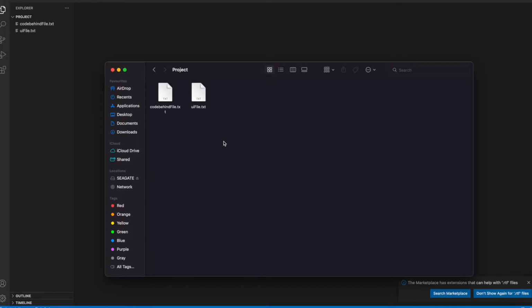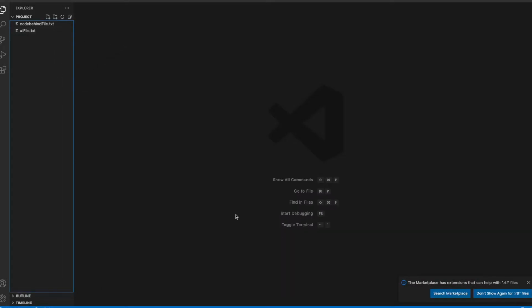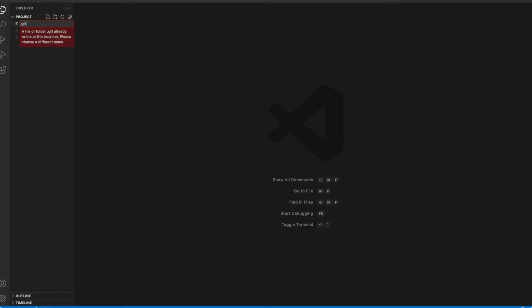This is the project which we are using in our tutorial. You can see that I have opened this project in VS Code, and now we will add a git ignore file using the new file button. So I will click on the new file button and just add a .gitignore file here. Now to ignore a file, we can write the file name here directly, or we can give the extension of the file which we want to ignore using star dot and the extension here.